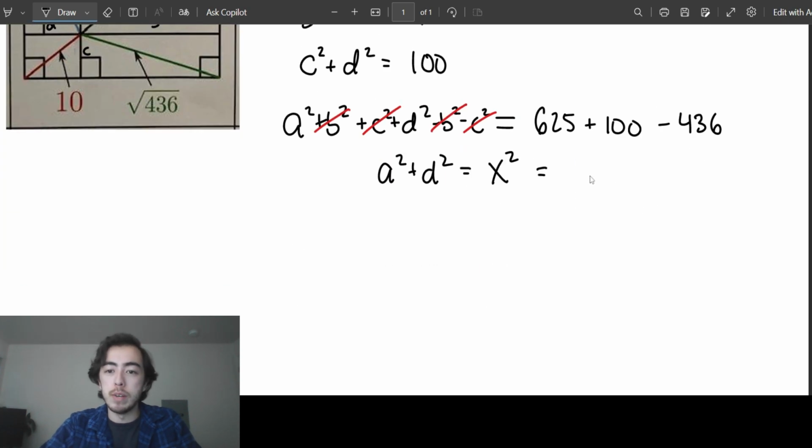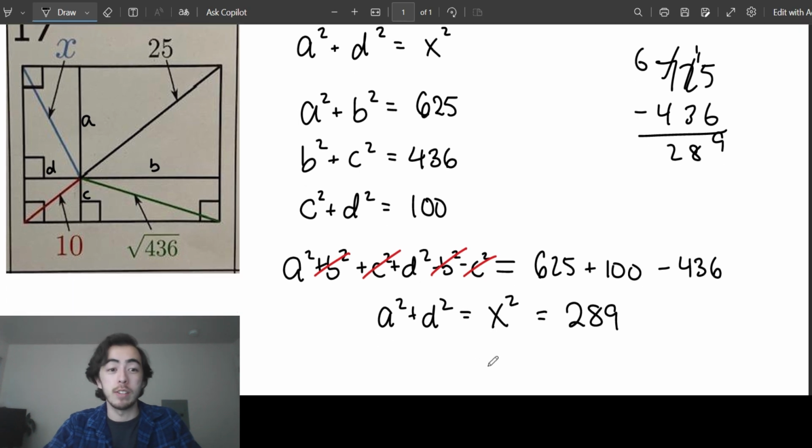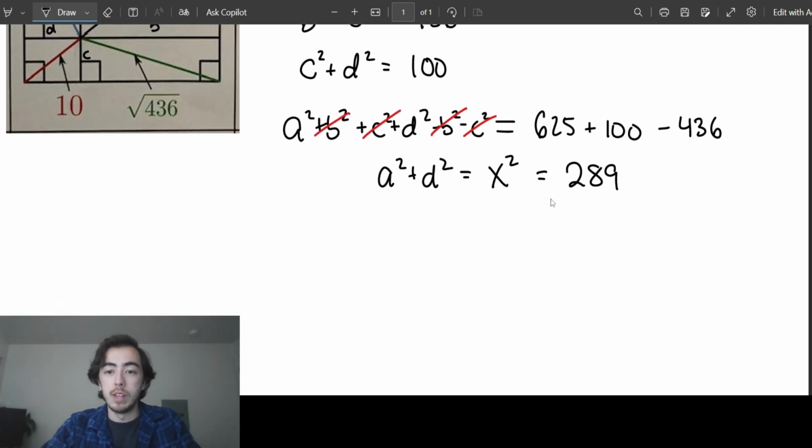So x squared must be equal to 289. And what's neat about this is I don't really need to know what A, B, C, and D are. Just by substituting out those values with squares on them, I was able to solve for x directly. And so this says that essentially x is either 17 or negative 17,